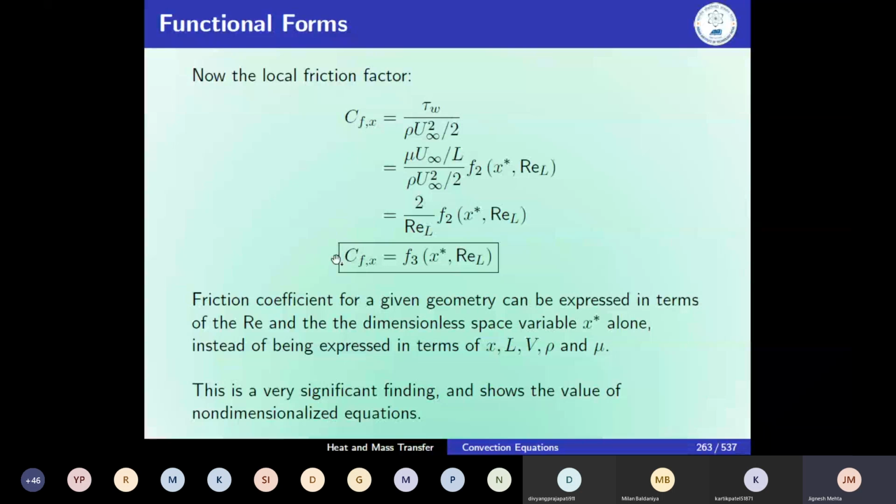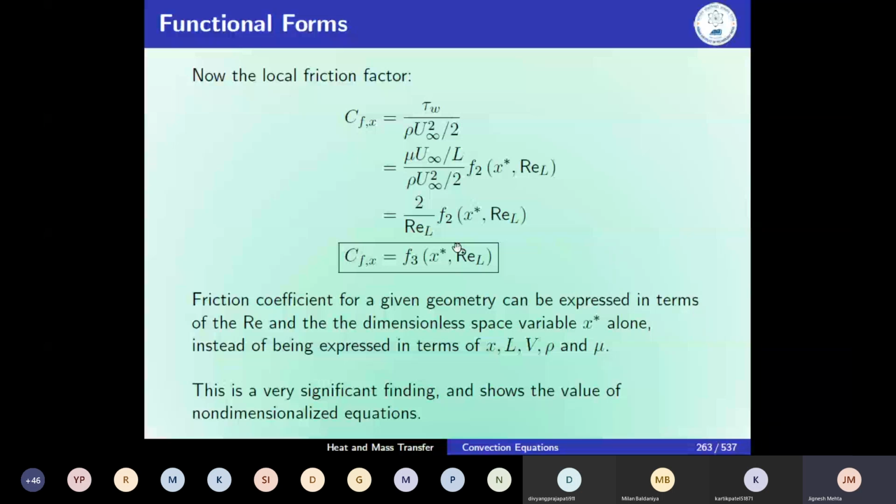So CFX is some function of some other function of x star and Reynolds number. So now you know what this CFX depends upon. It depends upon the x value, where you are on the plate, and second, the value of Reynolds number. Because you know this dependence now, you can perform a set of experiments, vary the value of x star, and measure the parameter at different points along the length of the plate,